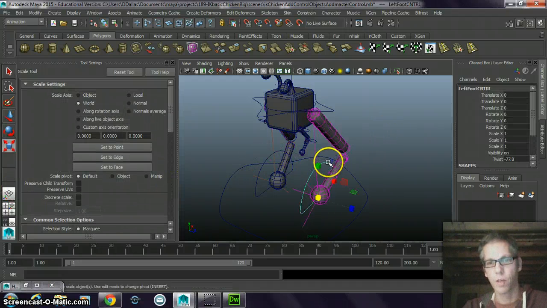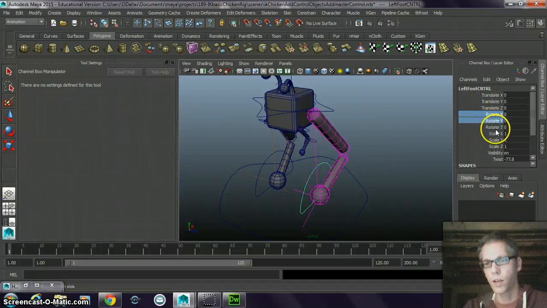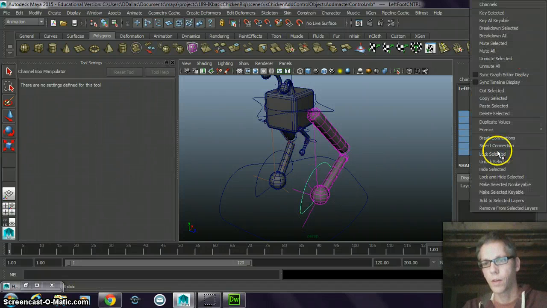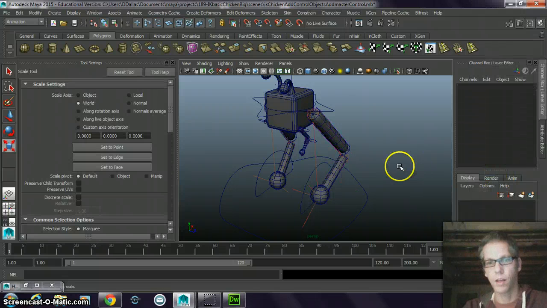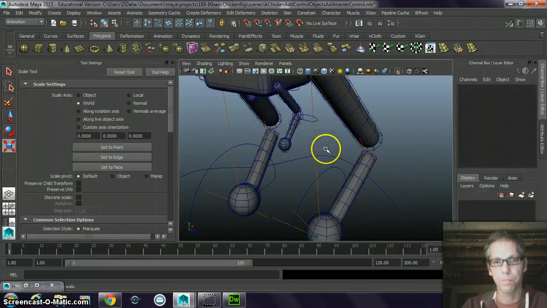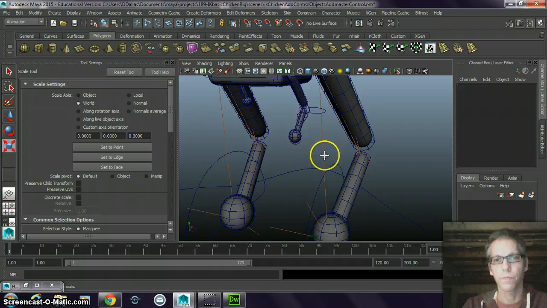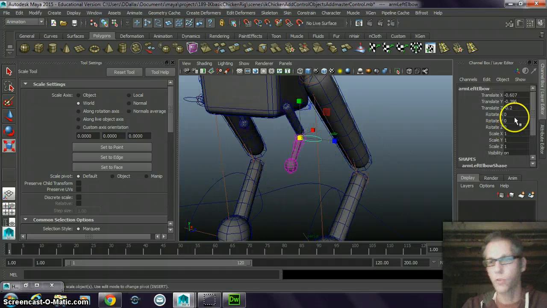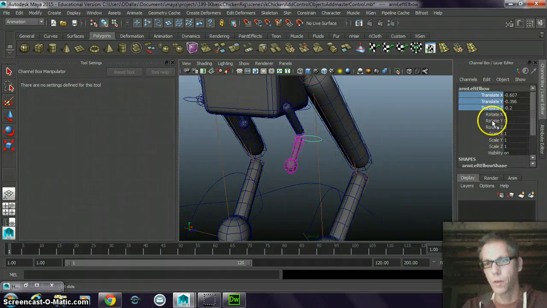I'll do the same for this. I want to translate. I don't want to rotate or scale, and I'm going to say lock and hide. I'm going to go up to these controls on my arms, and I just want the rotate attribute. I'm going to select these, hold down shift,